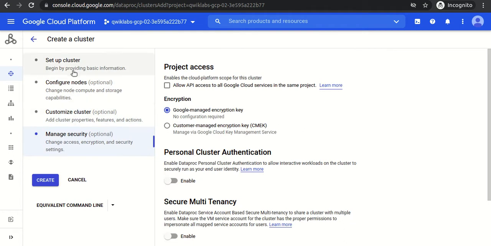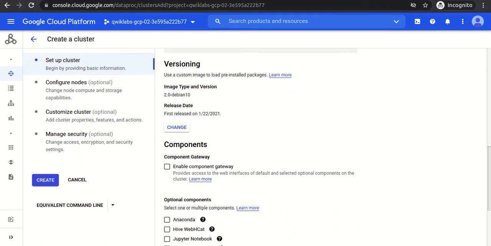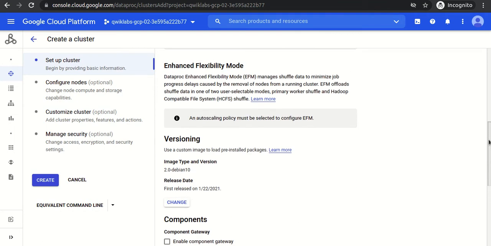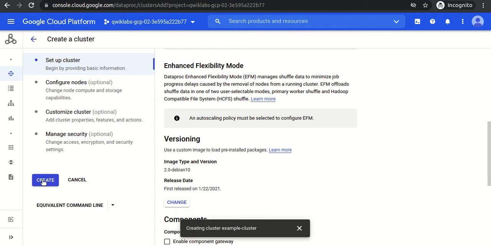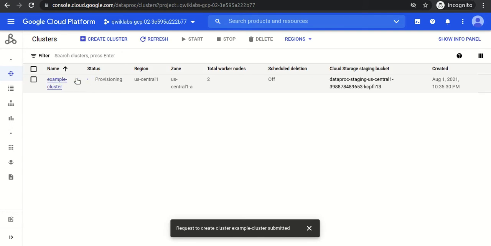But right now, yeah, so fine. Let me create the cluster. I click on the create button, and it starts creating the cluster.